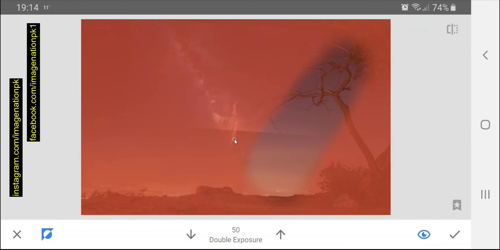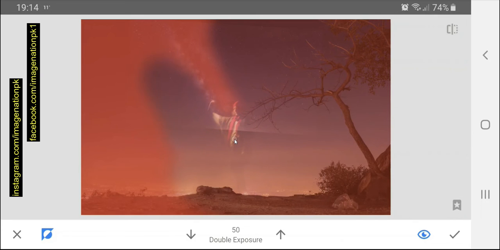and then okay, let's take it somewhere around 50, and then I will just paint over all these details where I don't want this Milky Way to appear. So I have painted out most of the area, and now what I want to do,